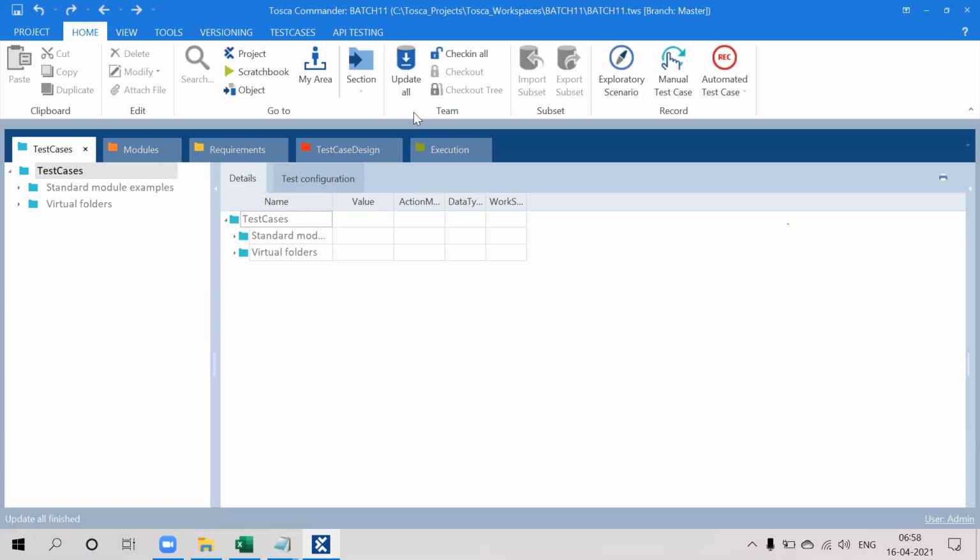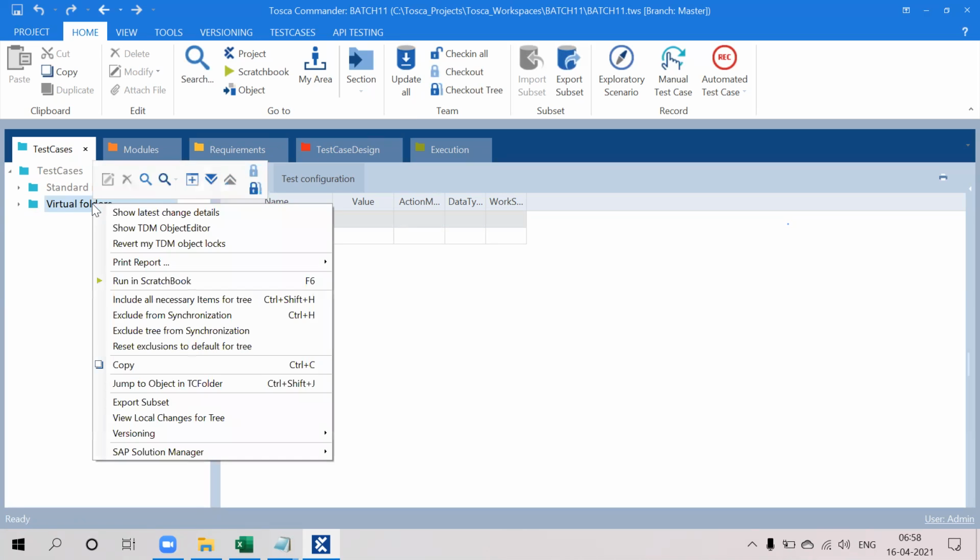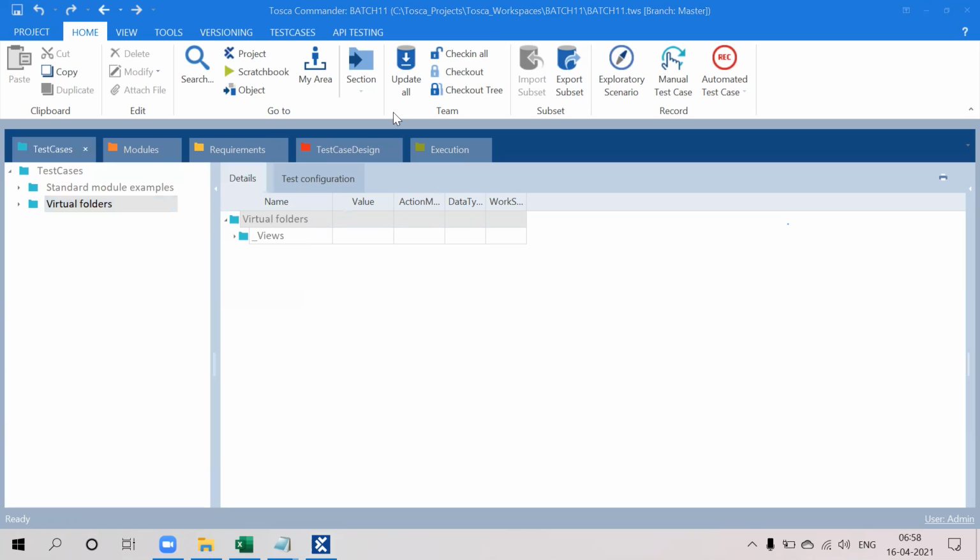If you want to check out anything, for example this particular folder, right click, and either click on check out here, or you can do check out this way also. Once you click on that, you see a green color icon mark appears here.